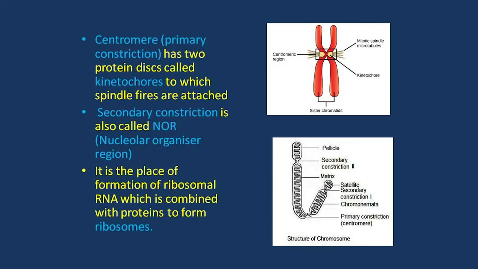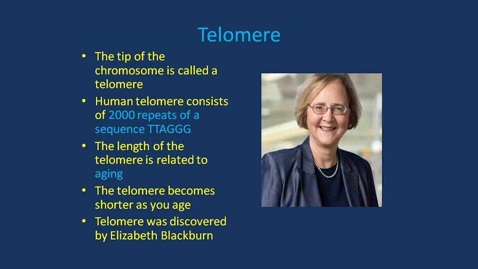Another structure is the secondary constriction or nucleolar organizer. That is the place of origin of the ribosome. So, from the secondary constriction region, ribosomal RNA is produced, which combines with protein to form ribosome. The tip of the chromosome is called a telomere. Human telomere consists of 2000 repeats of a sequence